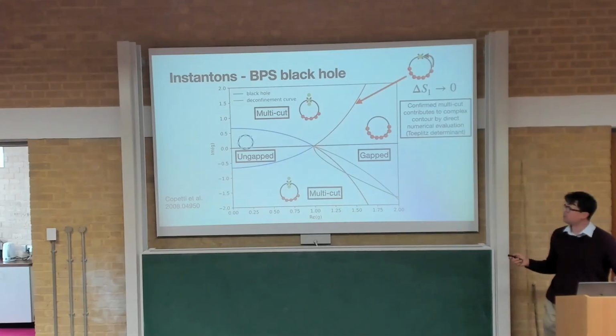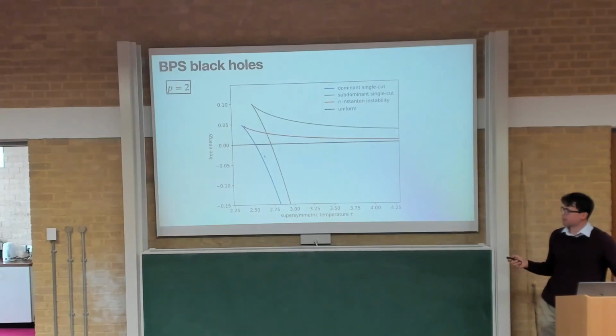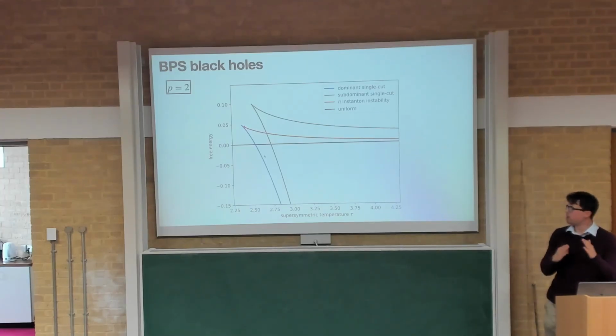Okay. So then to check this isn't just a property of the approximation, I went to the next truncation. It's a bit more complicated because there are two viable saddles now, but this blue one dominates the entropy, so this is the important one, and you again see that there's an instability very close to the cusp. It's moved a bit down from the cusp, but it's still very close and seems to cover most of the small black hole region.